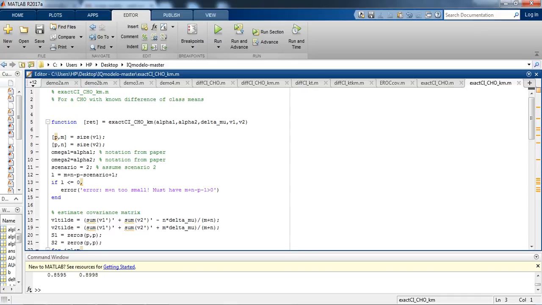And V1 is basically a P-by-M matrix of class 1 channel output vectors, and V2 is basically a P-by-N matrix of class 2 channel output vectors. In this file also we will be getting output in ret, the return matrix, that is basically a structure containing point and interval estimates of SNR and AUC. Next, we will understand the different CI CHO KM.m